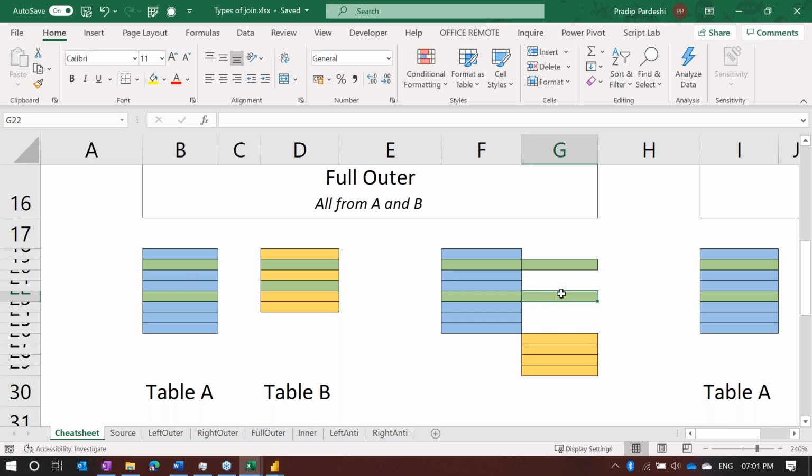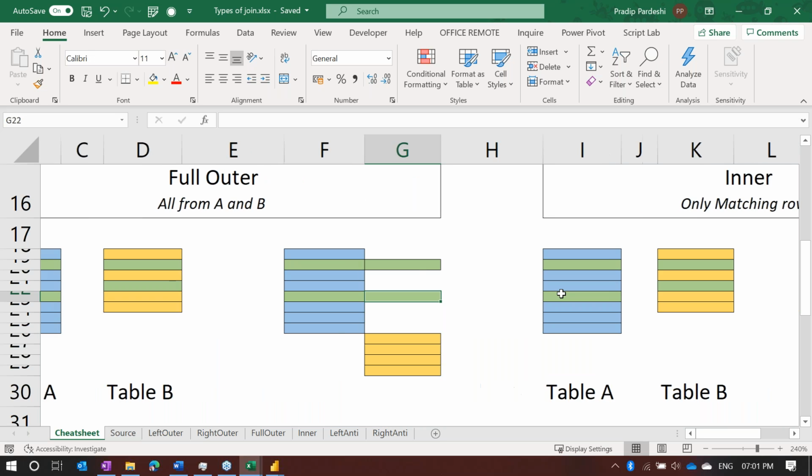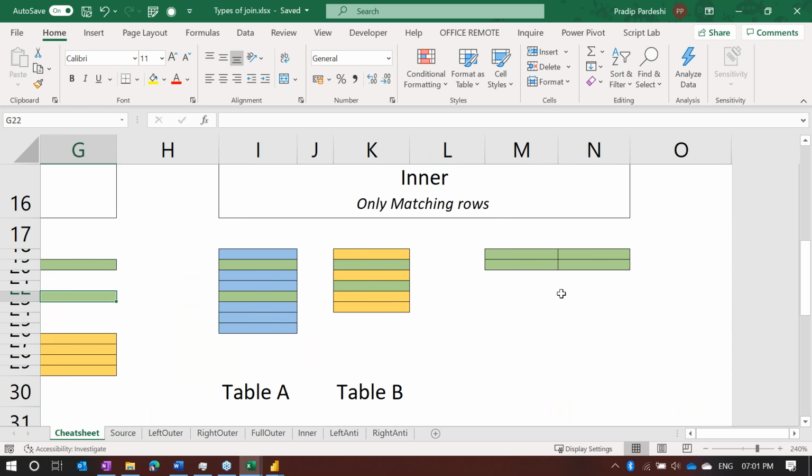Then there is an inner join. So inner join means only matching records. Right. So this will give you only the matching records. It will remove all the non-matching records. All right. This is inner join. Then the next thing,